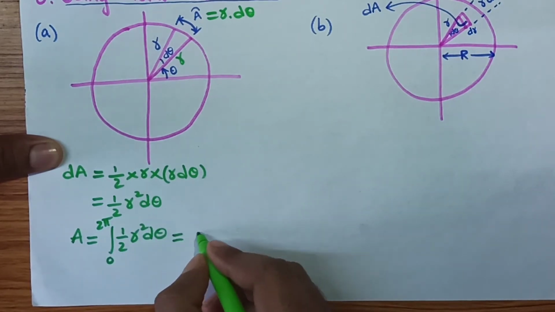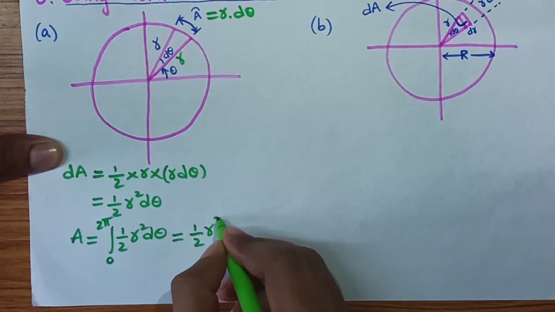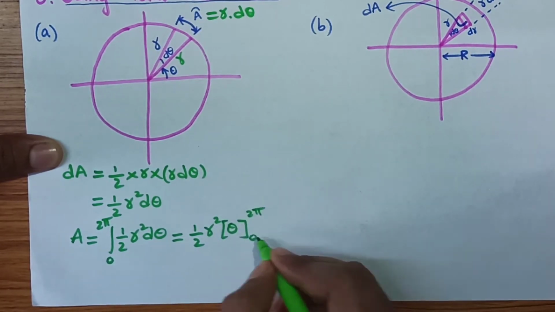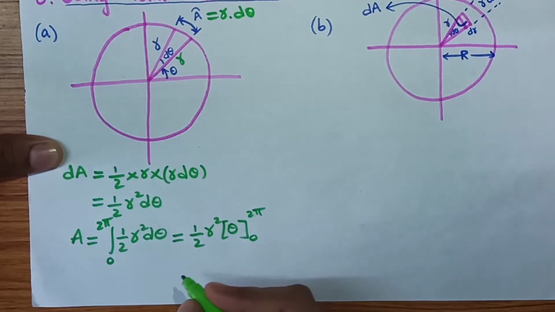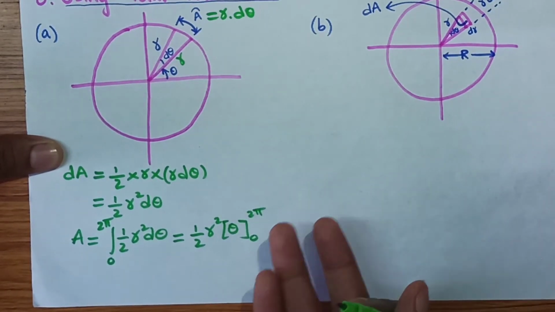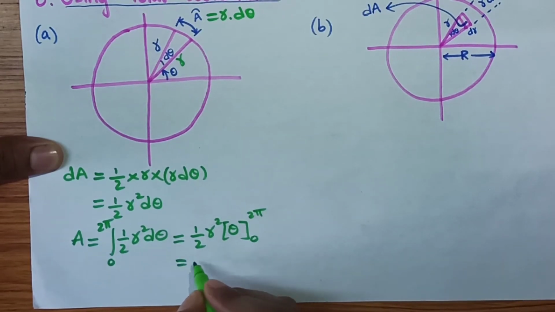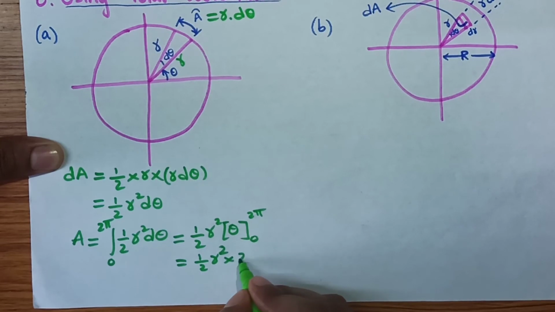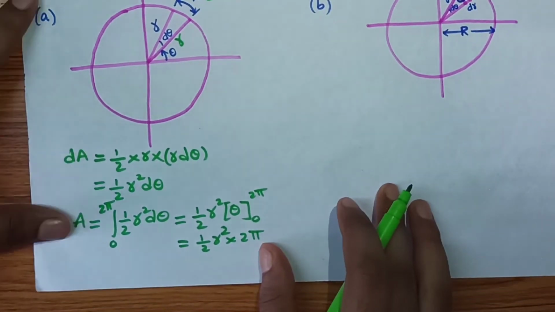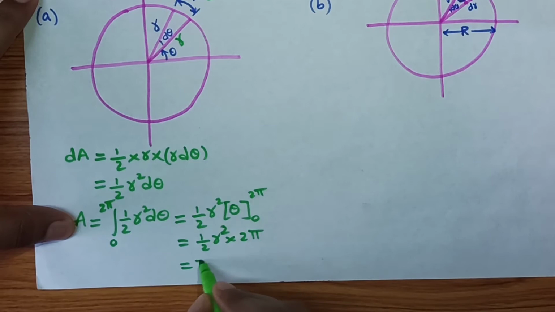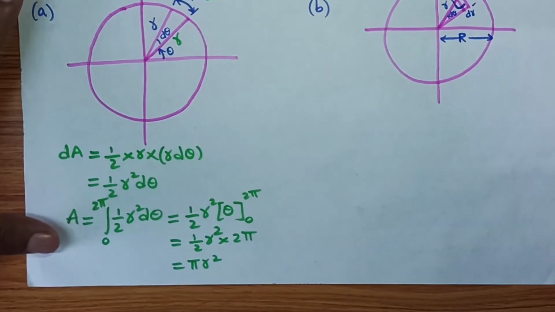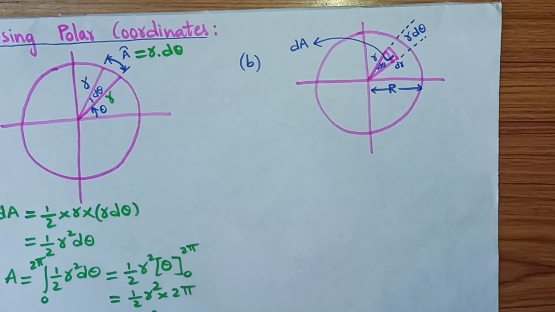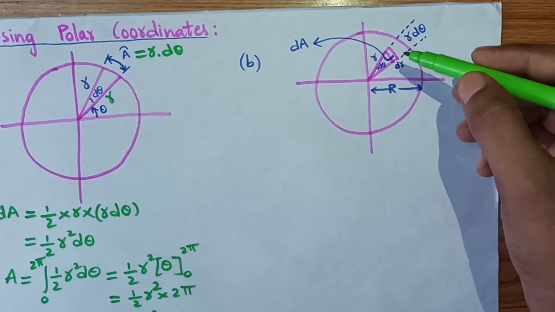Now it will be 0 to 2 pi, and 0 will give 0, so directly you write 2 pi into 2 pi. This will give us r square. So this is one way, and in the second way, you need to take a small sector